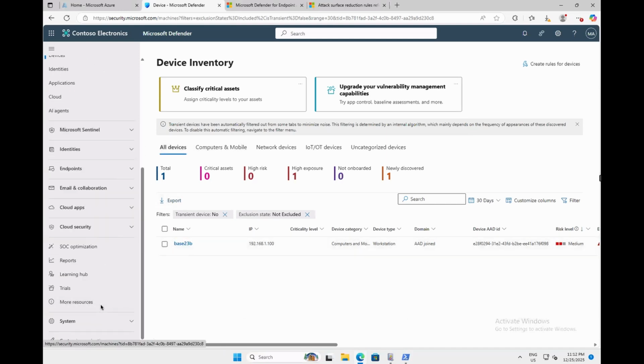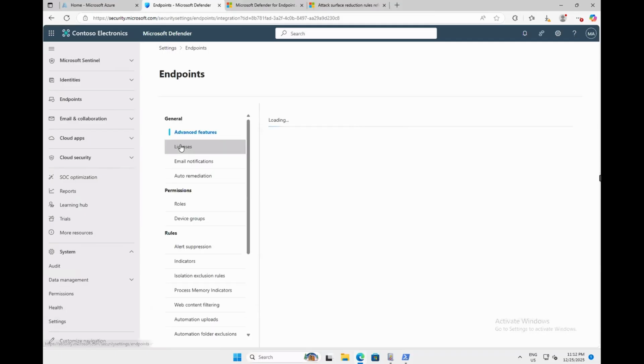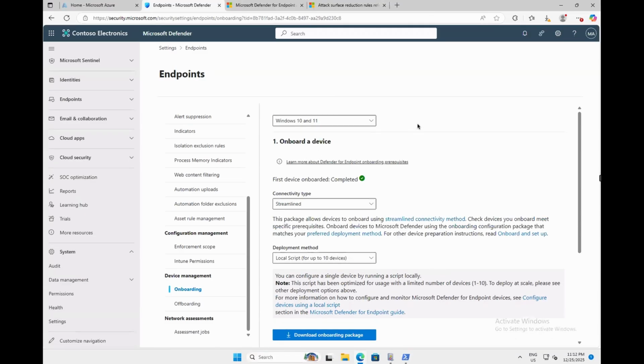Now, if I scroll down, and if you're not familiar with how we can onboard it, it's very simple. If you have the license, you just need to go to settings. If I go to the systems, inside the system, we will find settings. And inside the settings, you have endpoints. There you will find something called the onboarding section. And from there, you can download the script and execute it. Fine. So my devices are already configured for Defender for Endpoint, and it has antivirus also configured on this particular